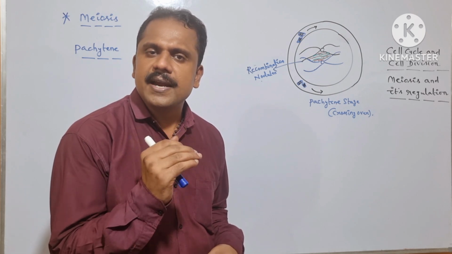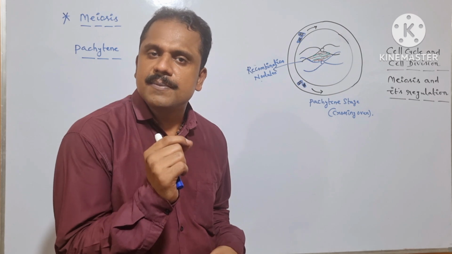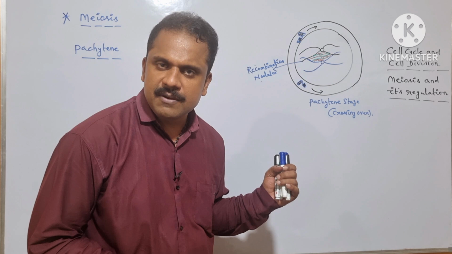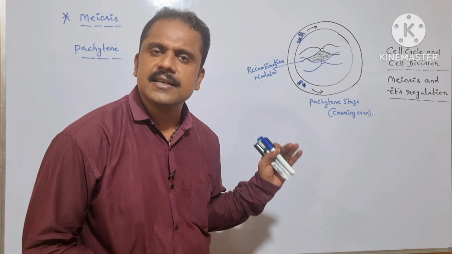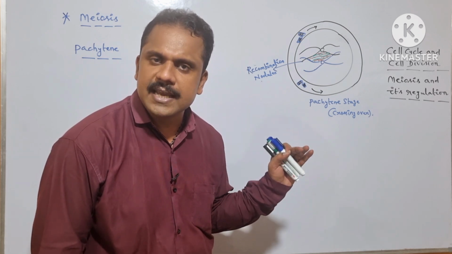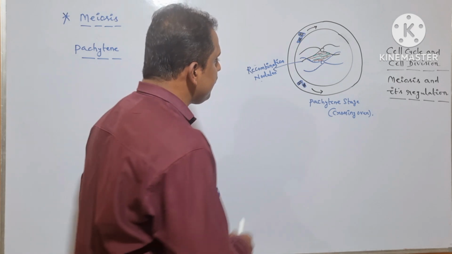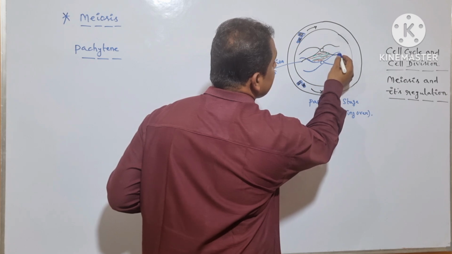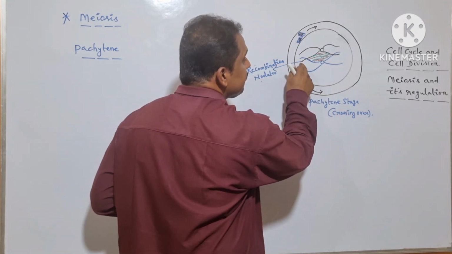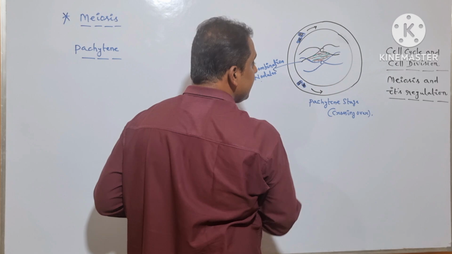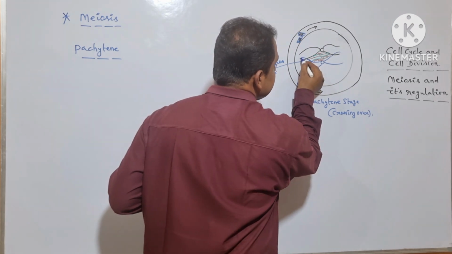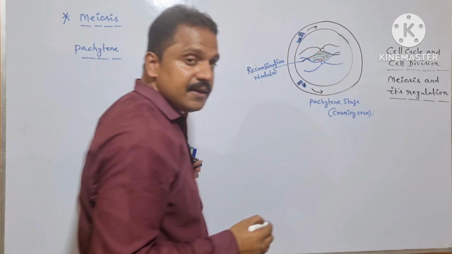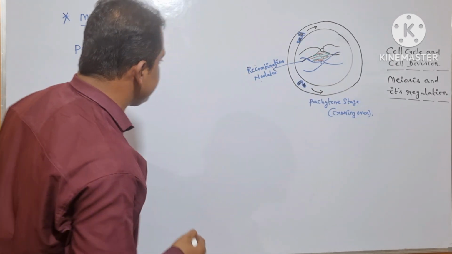So here during the pachytene stage, crossing over takes place between the non-sister chromatids of homologous chromosomes. So here the specific bivalent condition or the tetrad condition which has successfully formed during the zygotene stage, now here between the non-sister chromatids of homologous chromosomes, genetic exchange or the crossing over takes place. At the specific region where the crossing over takes place, we can observe an X-shaped structure, and this X-shaped structure is termed as chiasmata. Is it clear? So let me write it here.